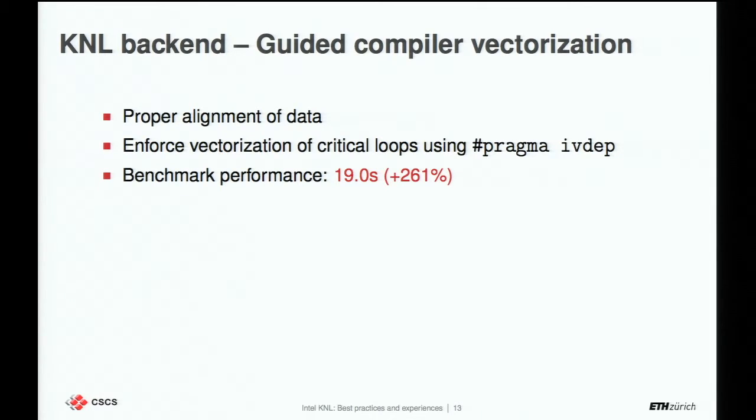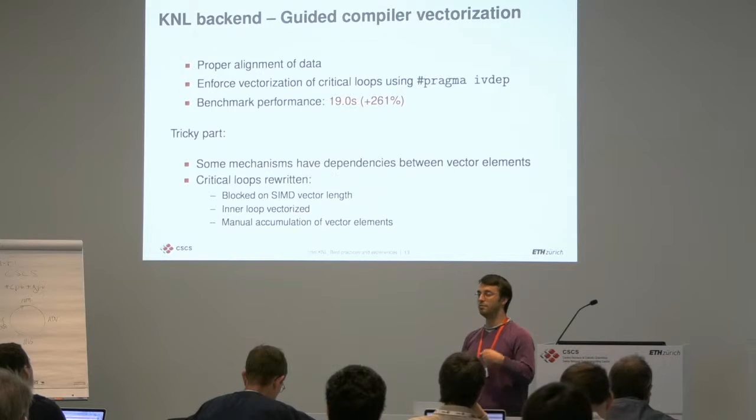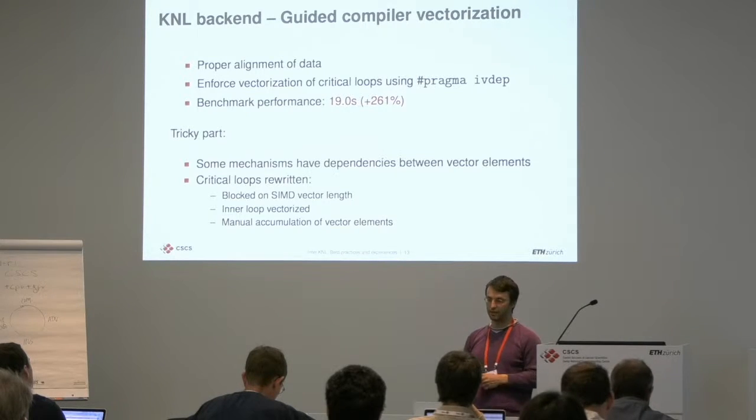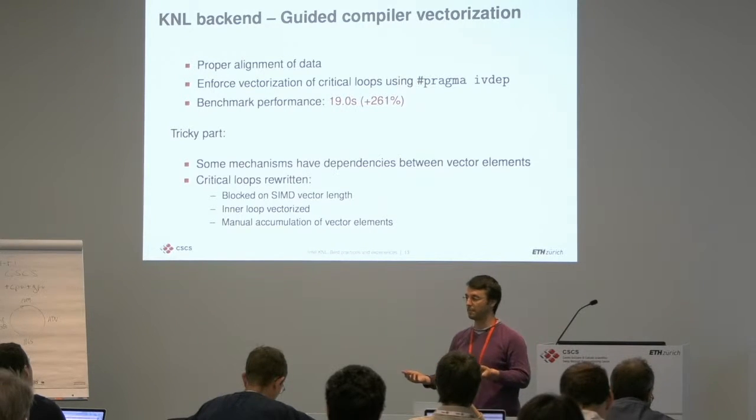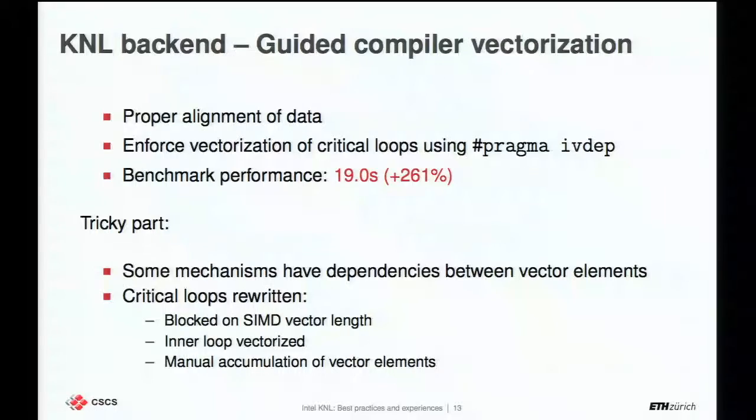For some mechanisms, there is a tricky part, though. Because, as I said, when you're updating the currents, the accesses are indirect. And that wouldn't be a problem if the indices weren't aliased with each other. So you could just do a gather, then do your computations, and then do a scatter, and you would be fine. But the problem is that if you have, for example, two indices